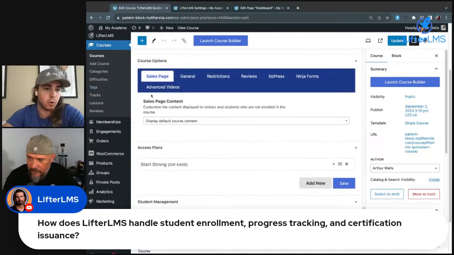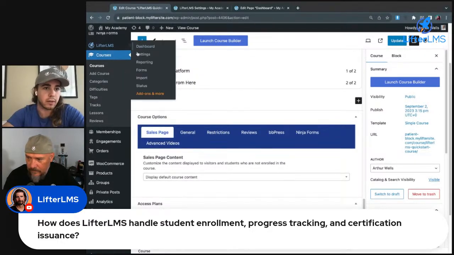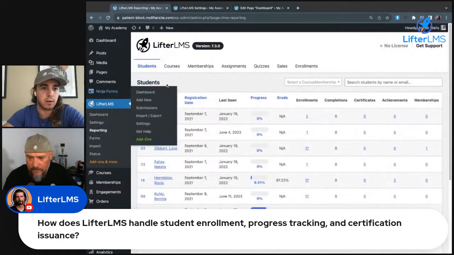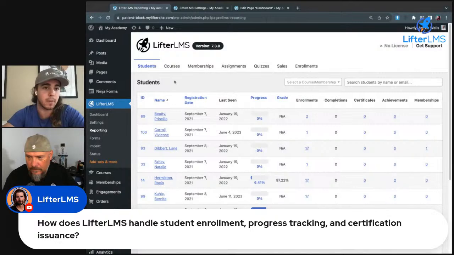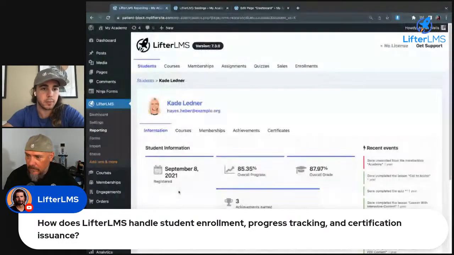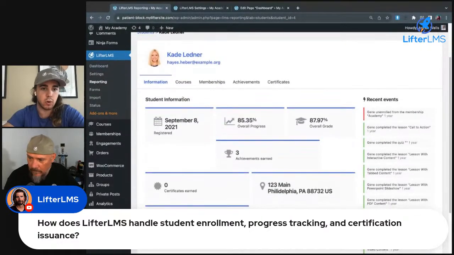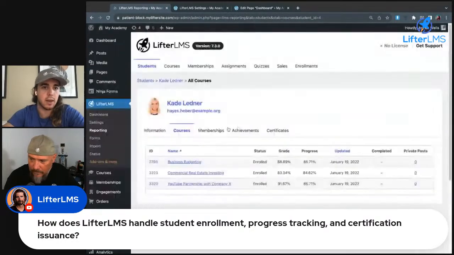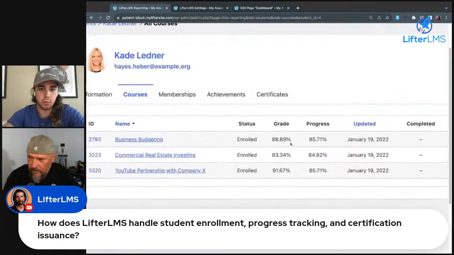And once the students are enrolled in the courses, you'll be able to track their progress in the LifterLMS reporting section, under LifterLMS reporting here in the back end. We showed this a little bit earlier, but this is where all that data is stored, where we can see specific students and which courses they're enrolled in, some general data, and how they're doing as far as progress and grades in each of those courses.